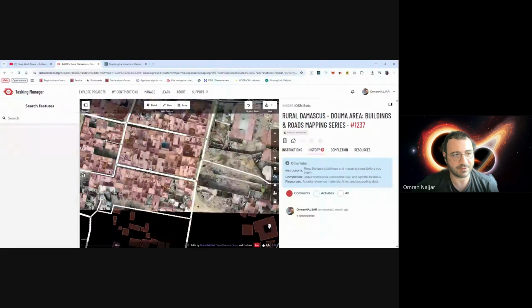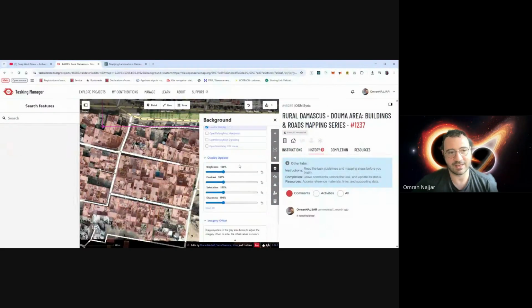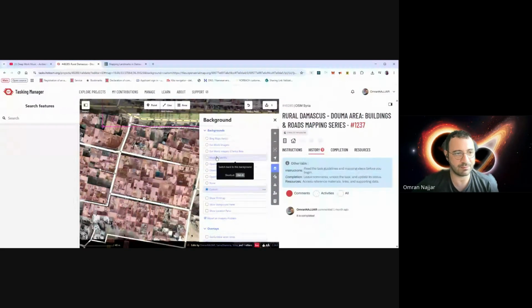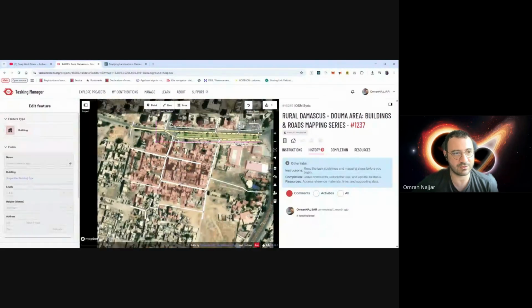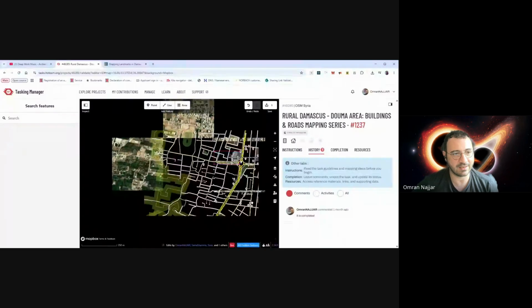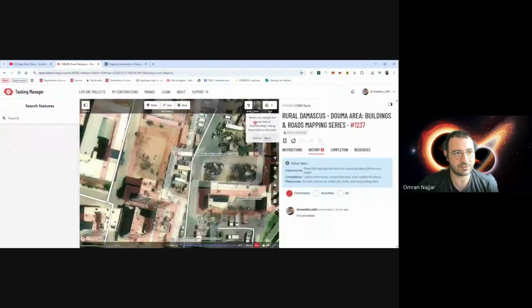That's one of the examples. I mapped this area using this good imagery. However, that was another project, but then we created a bigger project in Tasking Manager. So I'm gonna stick with Mapbox and not gonna map anything here because it's not the task I have selected. This is the task I have selected, and I know that it is already